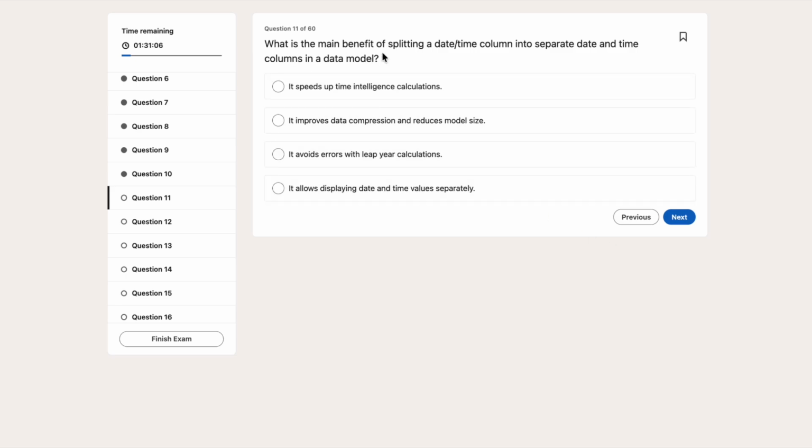What is the main benefit of splitting a date time column into separate date and time columns in the data model? It speeds up time intelligence calculations. It improves data compression and reduces model size. It avoids errors with leap year calculation. It allows displaying date and time values separately. So the main benefit would be